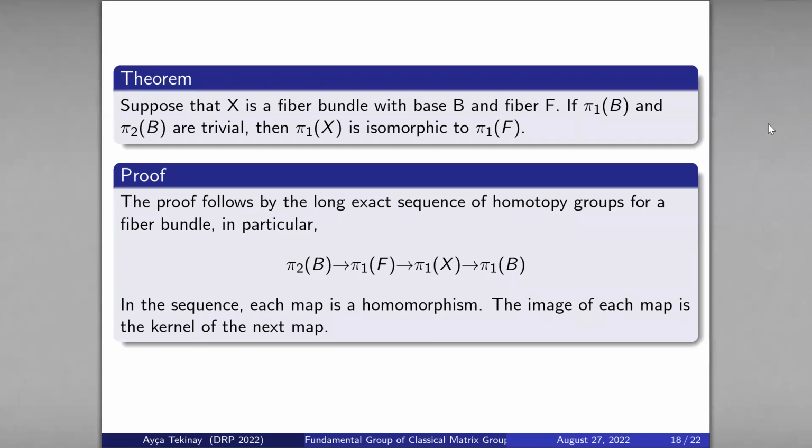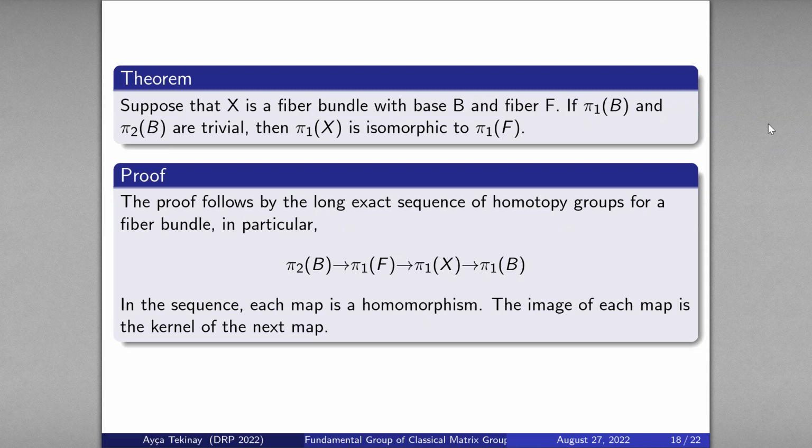It says, suppose that X is a fiber bundle with base B and fiber F. And if pi sub 1 of B and pi sub 2 of B are trivial, then pi sub 1 of X is isomorphic to pi sub 1 of F. The proof follows from the long exact sequences. In long exact sequences, each map, you can see it here, is a homomorphism, and the image of each map is the kernel of the next map. And here, since our first and last ones are trivial,